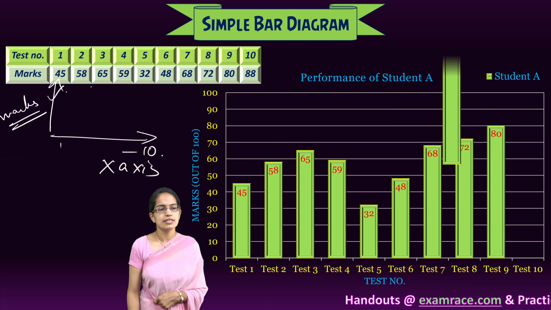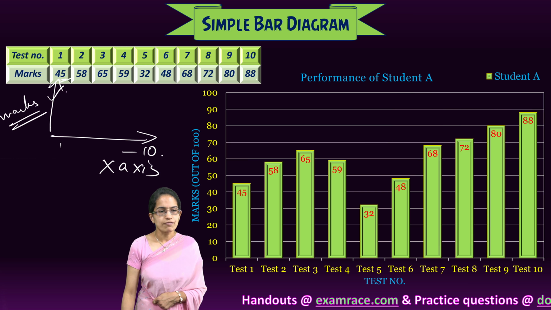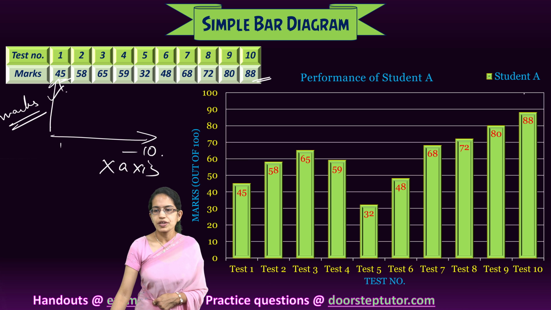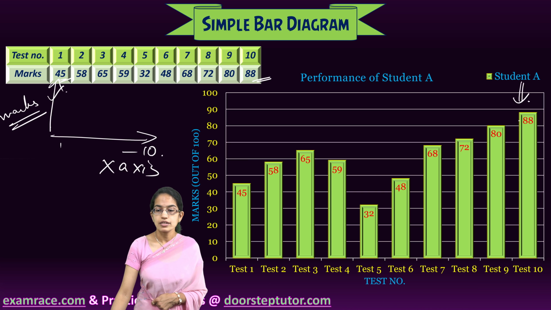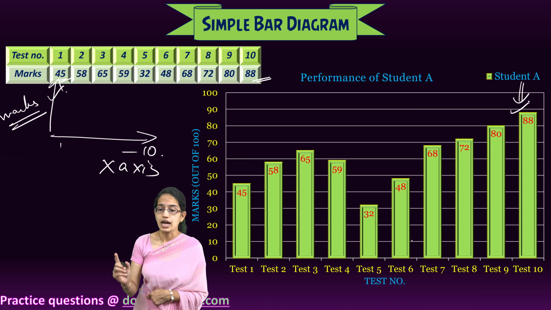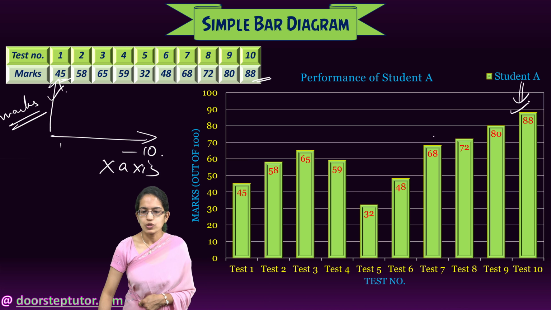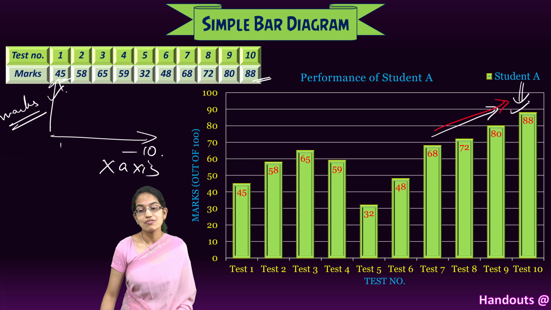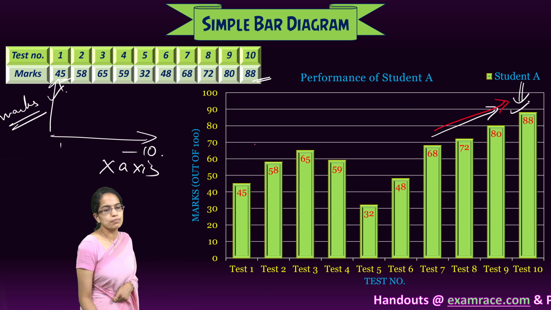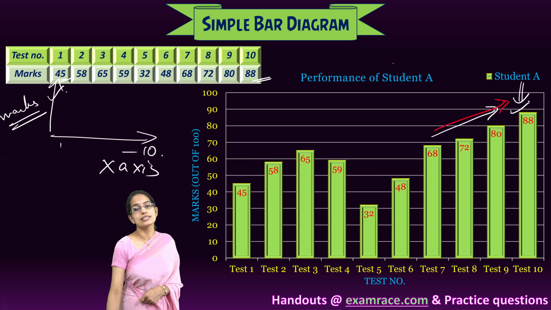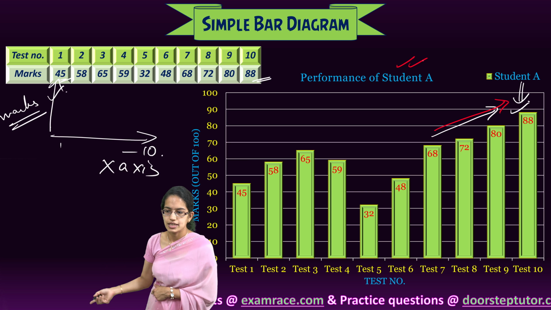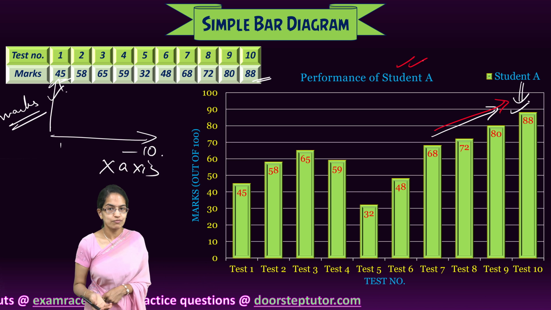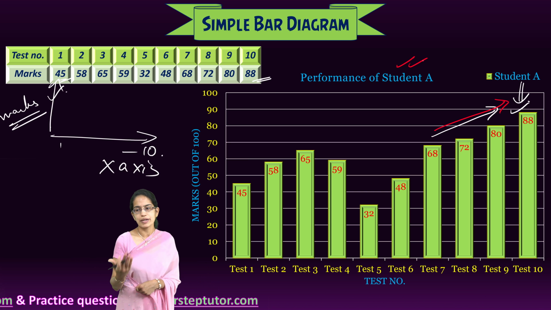So when we are plotting the marks, our range is 45 to 88, which is the highest, and we see a simple curve. So we can simply say the student received the highest marks in the last test, and the performance was gradually increasing in the last 4 tests. Now again we can have the reasons why it happened. It could be that since the same student is appearing for the test again and again, there is more practice, so better results, better outcomes.